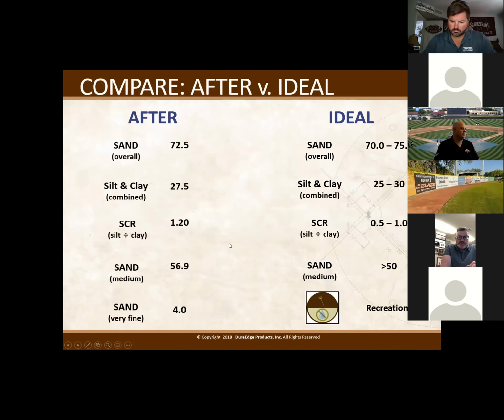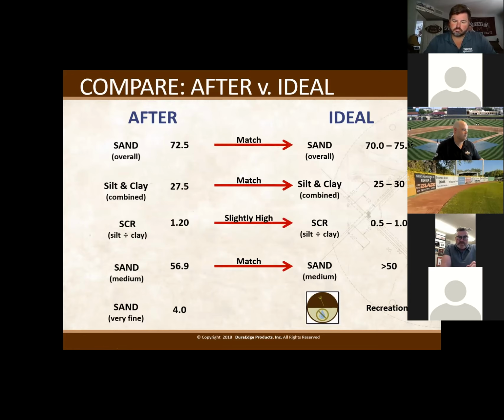Here's a good picture of the before and the after. Take a look at this. This is a pretty good swing. This is not the before, this is just the after, meeting the ideal recreational maintenance level.